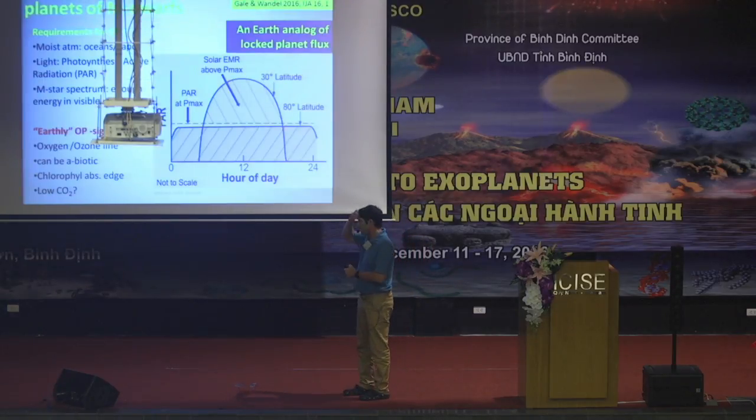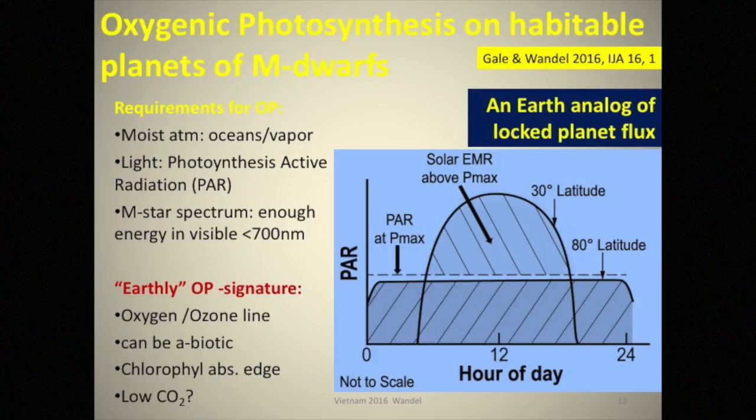So this is another interesting question, about the possibility of oxygenic photosynthesis on habitable planets. I will not dwell on it, but I'll just say that if you have a moist atmosphere, this is the condition for this: a moist atmosphere, oceans or vapor, and light. Of course, then it cannot happen on the night side. So the liquid water should be on the lighted side unless you have special conditions. And the M-star spectrum has enough energy in the visible, so it could be Earth-type oxygenic photosynthesis. You don't need to go to exotic infrared